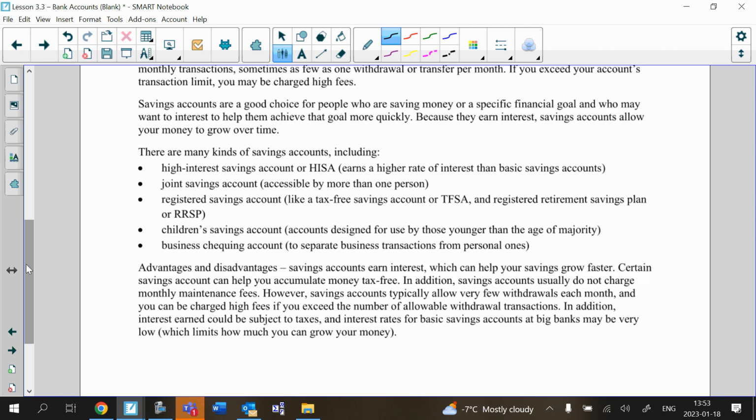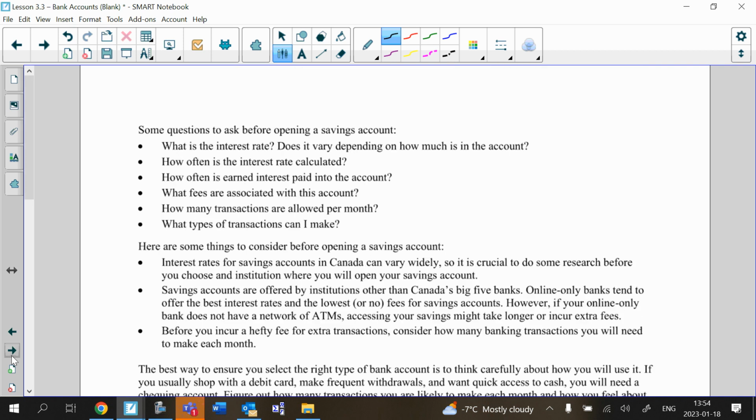Some questions to ask, some things to consider. Obviously, you want to know the interest rates. Interest rates vary a lot depending on where you go, okay? And it could vary on how much is in the account. It could also vary on how long you leave it in the account. I went to Cambrian the other day, and I saw their